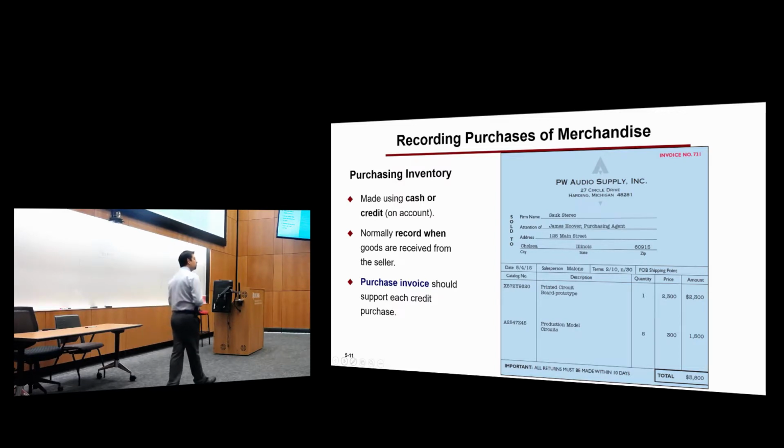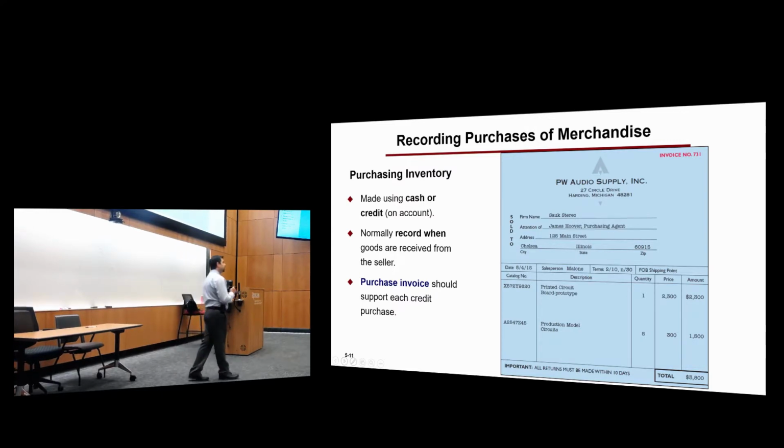Most of the time, companies don't actually prepare a new invoice. They just use the sales invoice that their vendor sent them. In this case, we are looking at it from the point of view of the buyer, not the seller. The seller prepares the invoice. This is how it happens when you go buy something, right? The seller will give you the invoice, they will give you the check, right? They will give you the original copy, and they keep another copy for their own records.